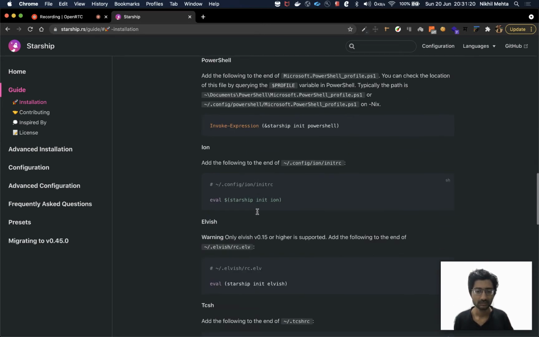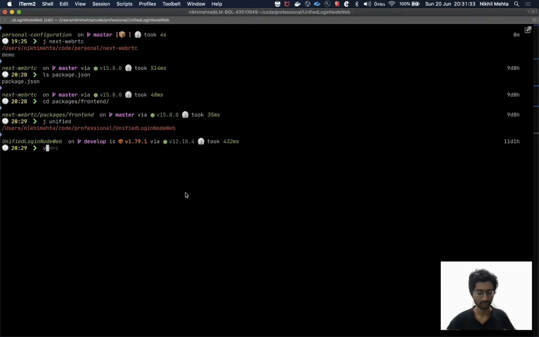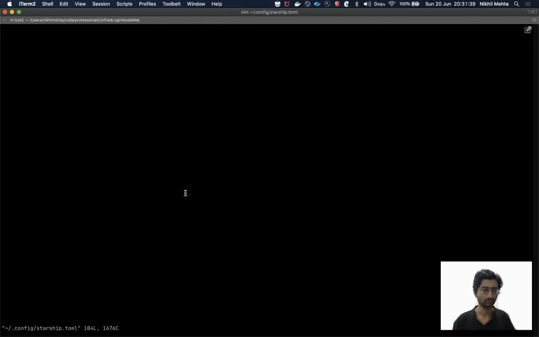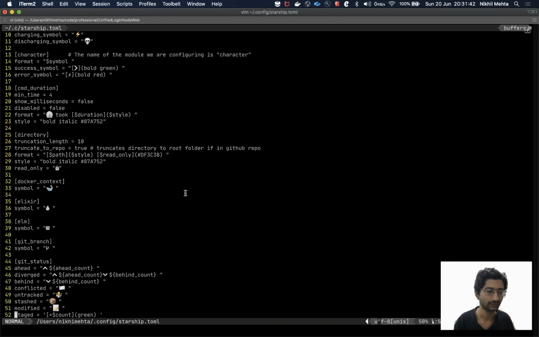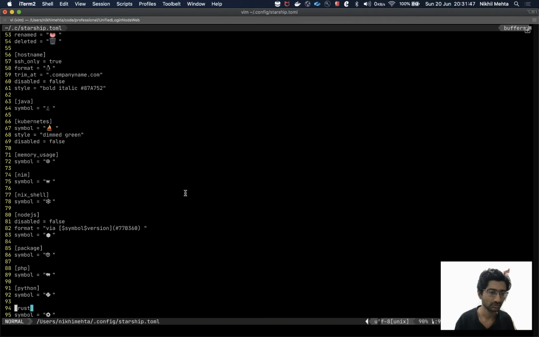And then the configuration for this Starship prompt is kept in your home directory, .config and starship.toml, right? So let me open ~/.config/starship.toml, right? And here you can see that I have all the configurations here, right? Basically, if I search for Node.js, yeah, here it is configured, right? So it is showing me the symbol is here, right? I have given the color, I have given the version, in what format I want to show.